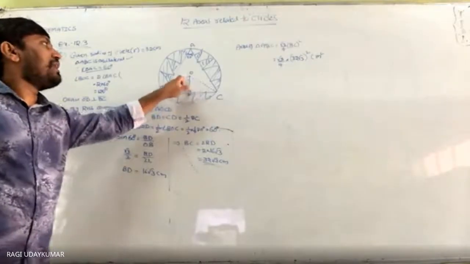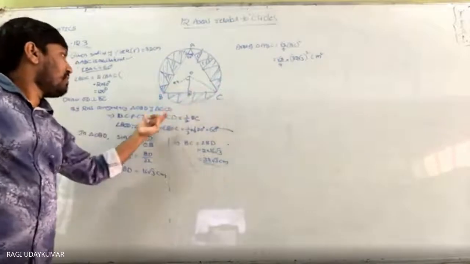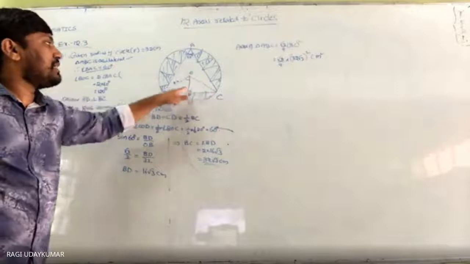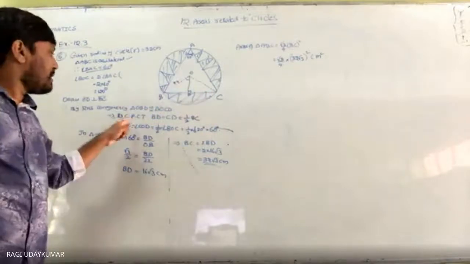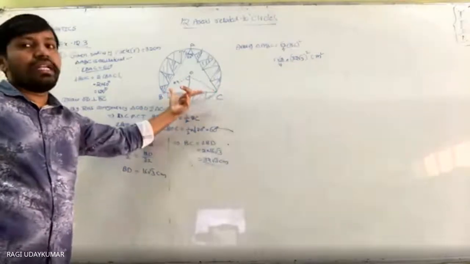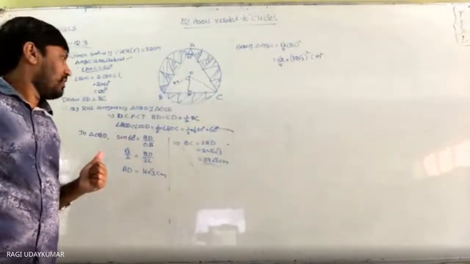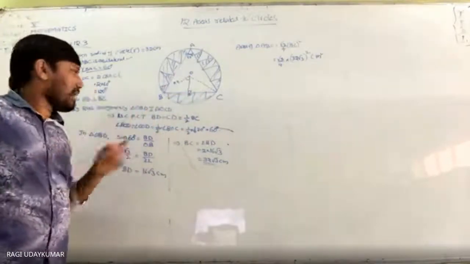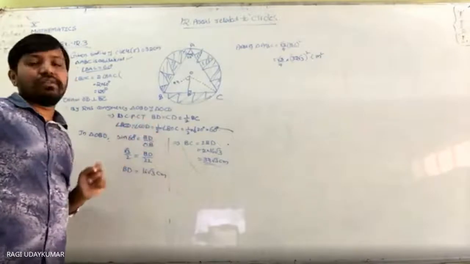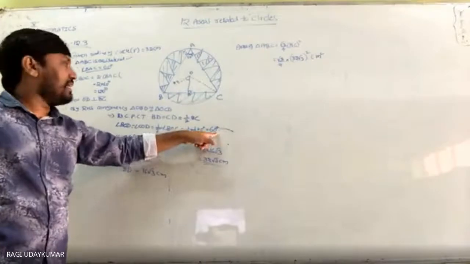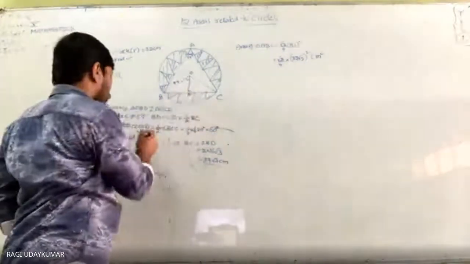Yes, sir. So these two angles will be equal, these two sides will be equal. Why? Because triangle OBD and triangle OCD are congruent. So by CPCT in both cases, this part is equal to this one, and it is half of the total. And in the same way, angle BOD is equal to angle COD, which is equal to half of angle BOC. Half of the total angle, so half of 120 degrees is 60 degrees. So we got angle BOD is equal to 60 degrees.